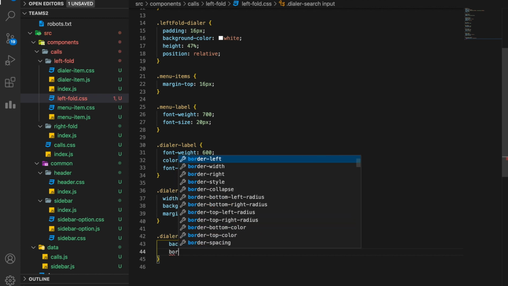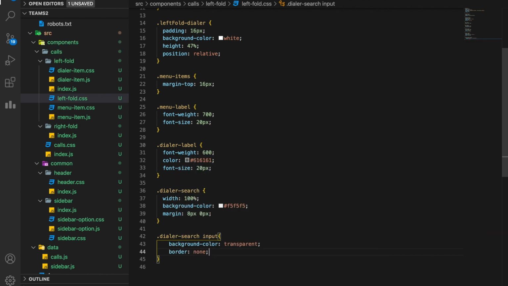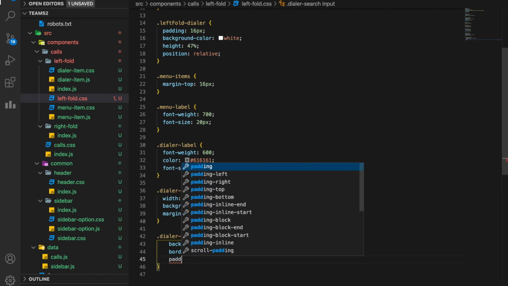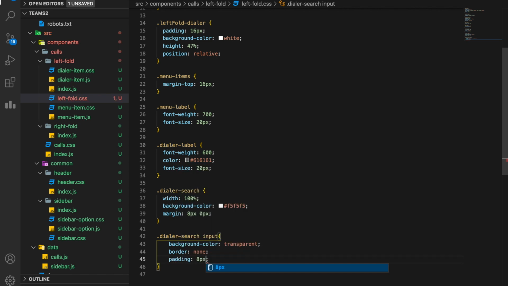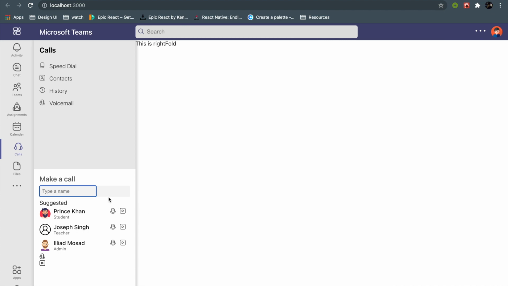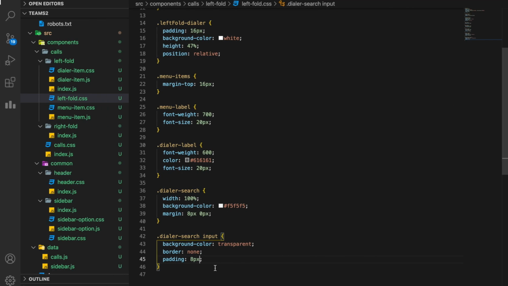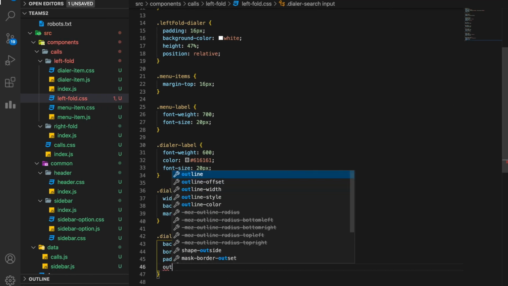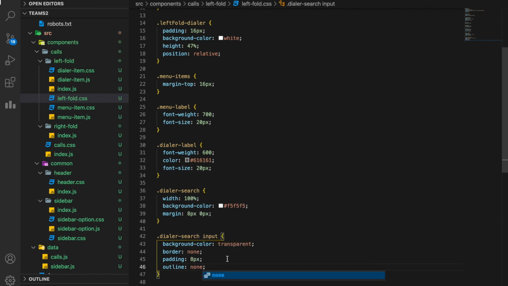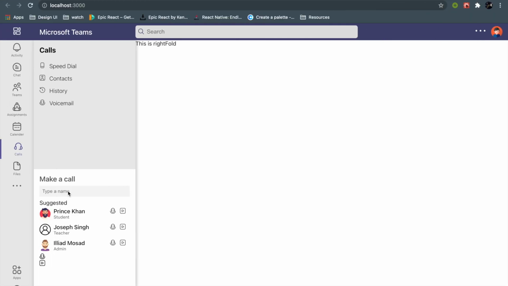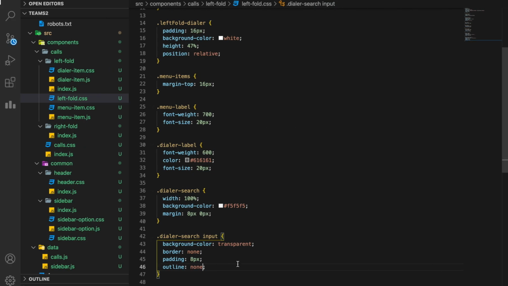I want border none, so the border is not visible, and I want a padding of 8 pixel. I also want the outline to be gone, so I don't want any outline. Yes, the outline is not visible right now, it's good.